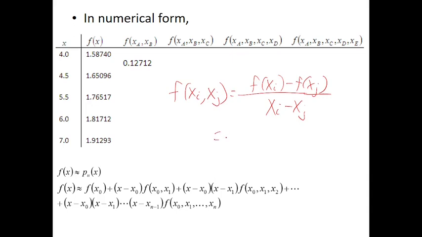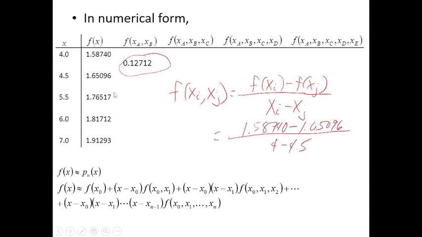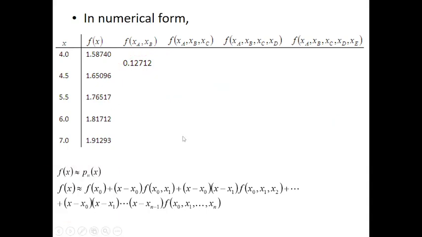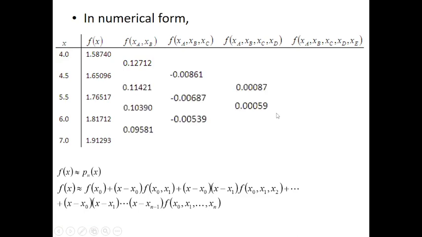Okay, try nga natin. So, x sub i, f of x sub i, that is 1.58740 minus 1.65096 over 4 minus 4.5. So, tapos makukuha mo sagot ay positive 0.12712. Okay, no need to elaborate. Alam nyo na yan. So kung nakalimutan nyo to, go back to my previous discussion. No? So, then we have